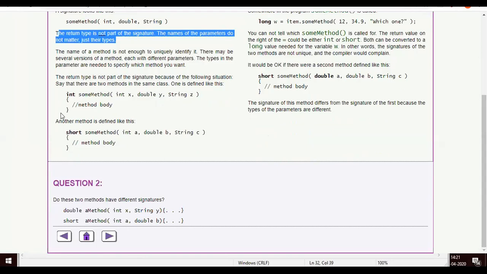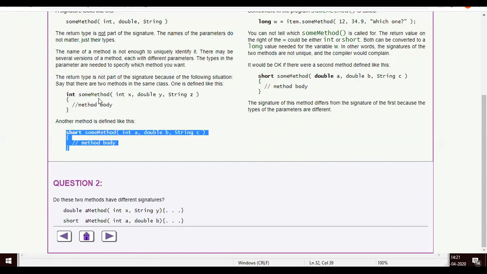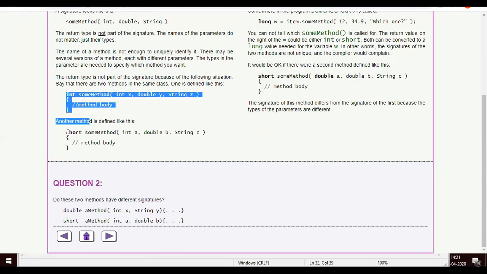So if you have a method something like this, int sumMethod(int x, double y, String z), and another method short sumMethod(int a, double b, String c), actually both these methods are same, they are not different, because the signature of both the methods are same.